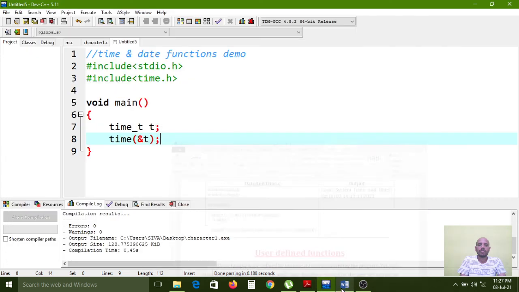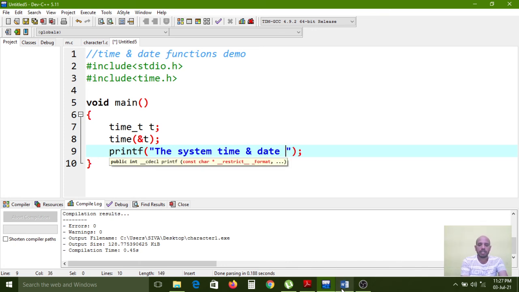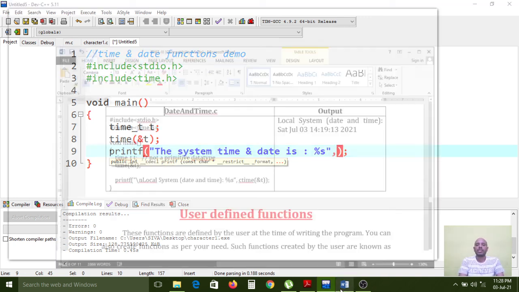So printf, here the system time and date is %s. We need to configure this because the date and time value will be represented on the console in string format. So that's why we use %s, the format specifier for strings.